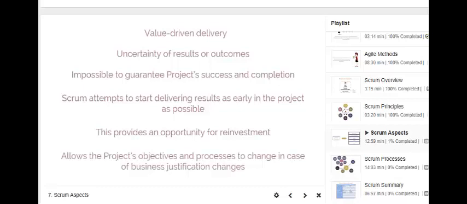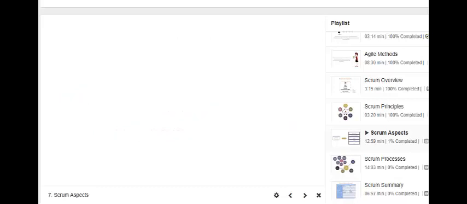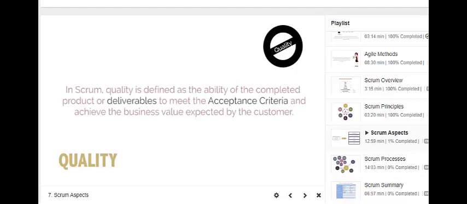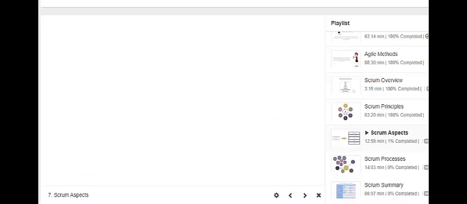It is important to note that although the product owner is primarily responsible for business justification, other team members also contribute significantly. So far, we have seen two important Scrum aspects. Quality is the third aspect we are going to discuss now. In Scrum, quality is defined as the ability of the completed product or deliverables to meet the acceptance criteria and achieve the business value expected by the customer. To ensure that a project meets its quality requirements, Scrum adopts an approach of continuous improvement, whereby the